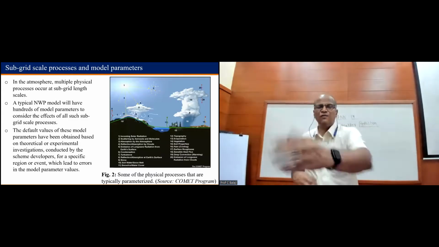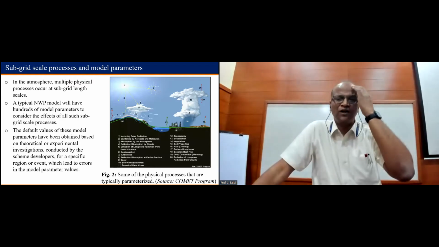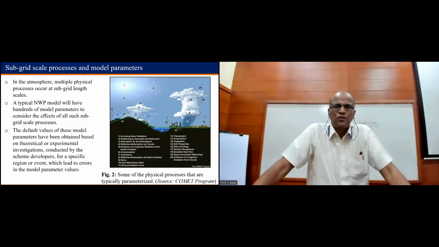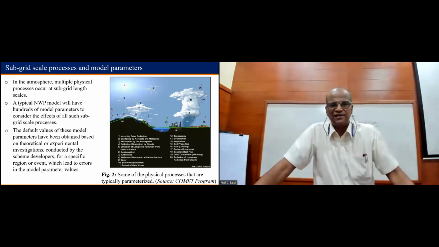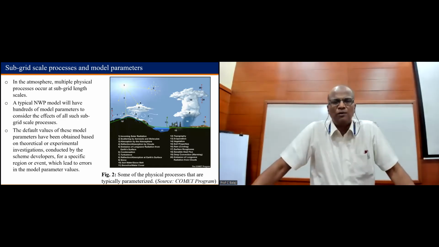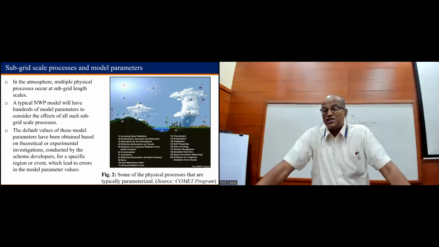So right side, this is a familiar picture, taken from the COMET program. So many processes are taking place in the atmosphere. Multiple physical processes occur at subgrid length scales. A typical numerical weather prediction, NWP, model will have hundreds of model parameters, to consider the effects of all